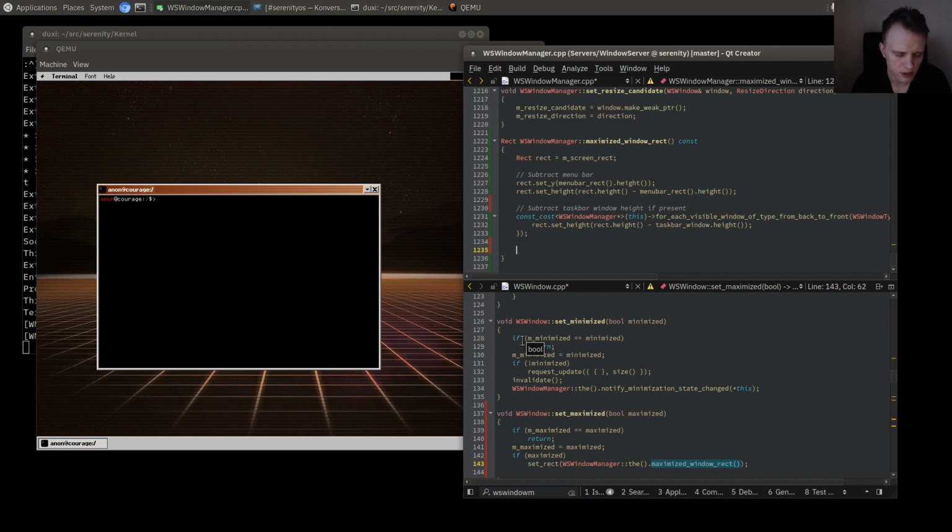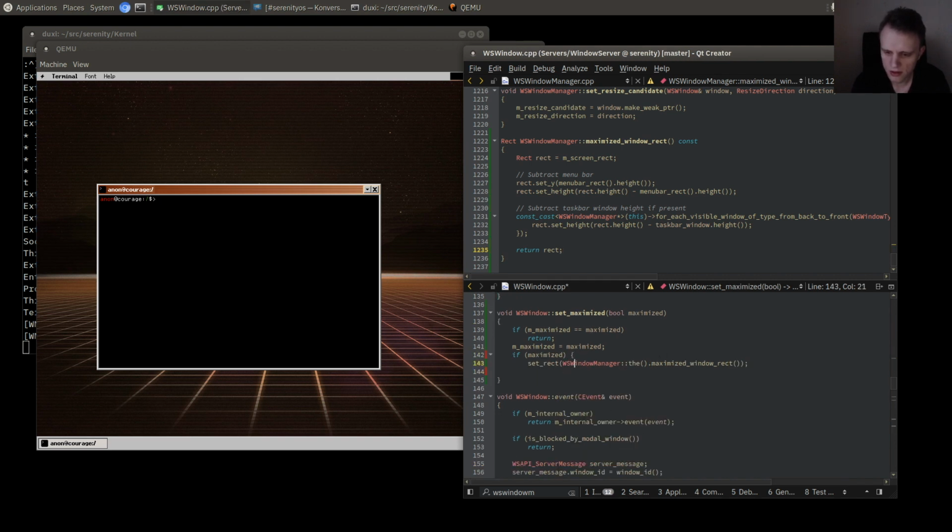So maybe this should have a separate mechanism later, like the taskbar should register itself as a window that takes up some permanent desktop space or whatever. But for now, we're going to do this sort of imperatively here, rather than declaratively. Okay, so now we can just return the rect. Okay,